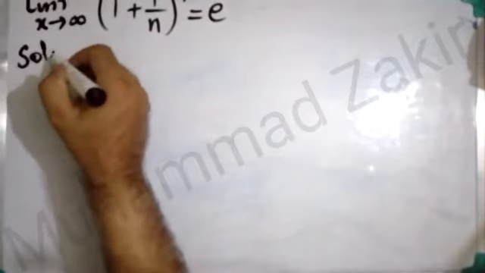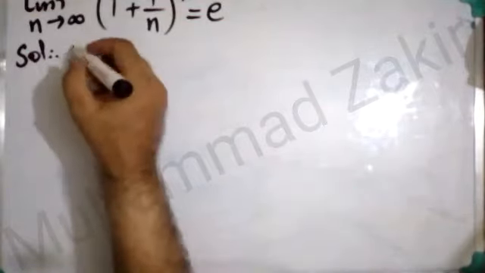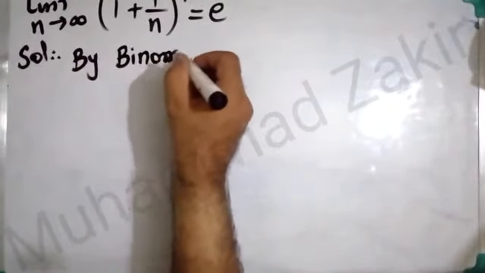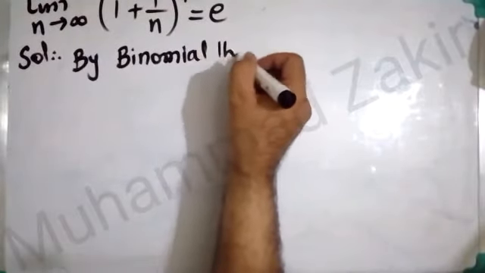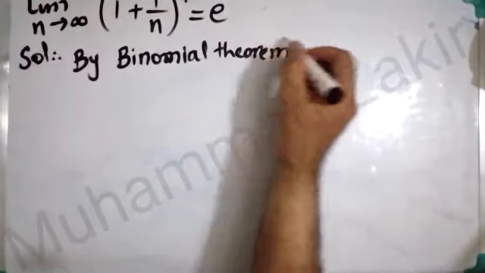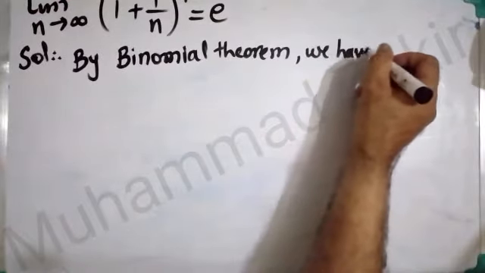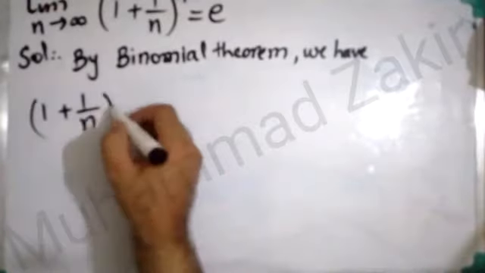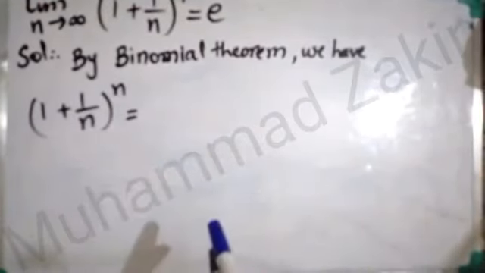Solution begins. We first handle this structure and later we will apply the limit on it. As n approaches infinity, (1 plus 1 by n) raised to power n, the answer is e. We begin with the binomial theorem. By the binomial theorem, we have (1 plus 1 by n) raised to power n equal to, we know the